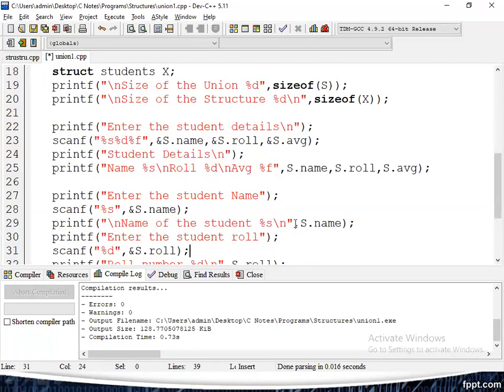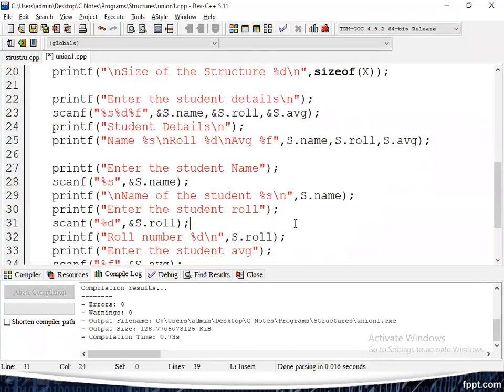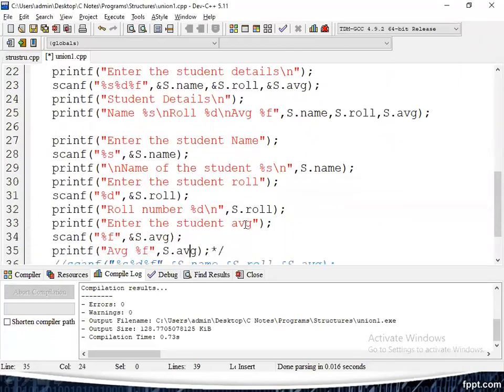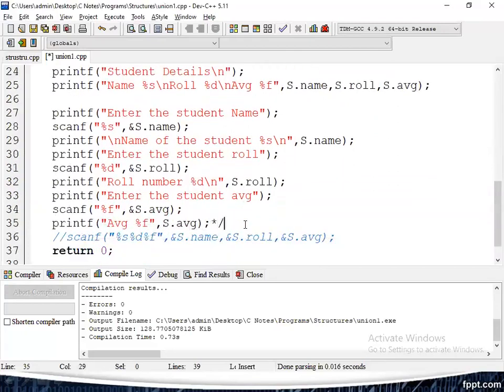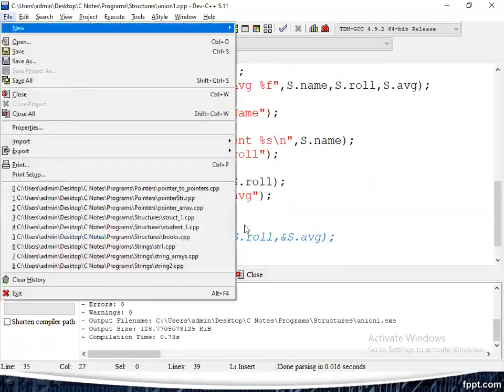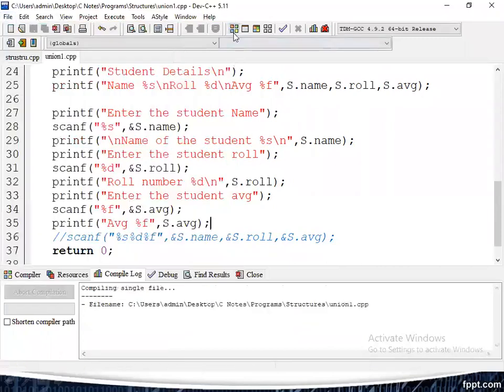Only one field can utilize the available memory. All fields cannot access the same space at once. Why? Because the size is very limited, so the replacement happens. That is the behavior of buffer space. So name, roll number and average, individually, all this information is provided and executed properly.